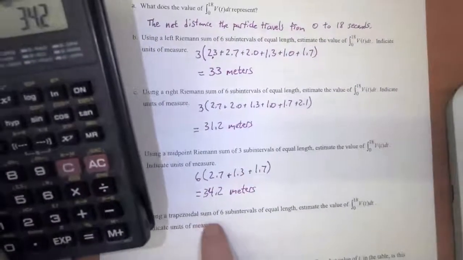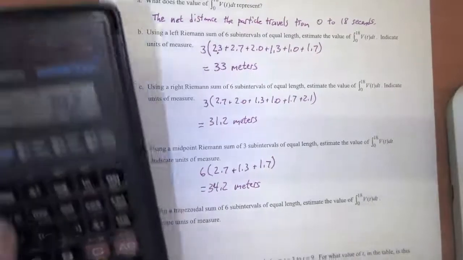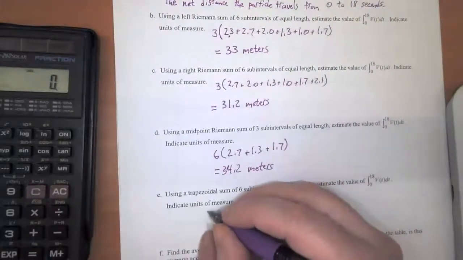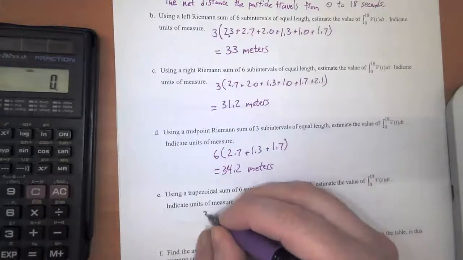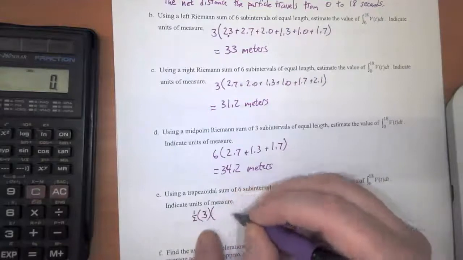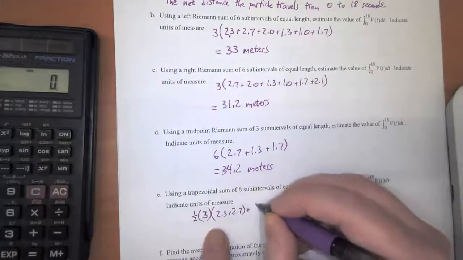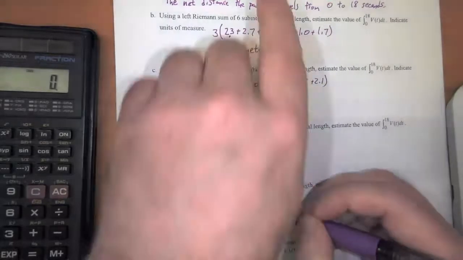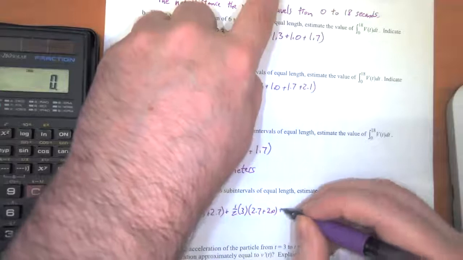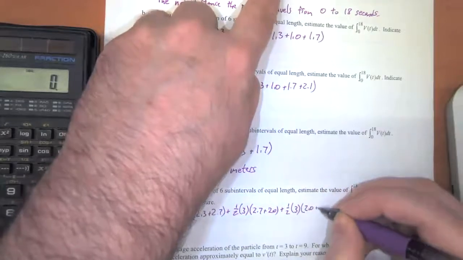Okay. So using a trapezoidal sum of 6 subintervals of equal length, we want to estimate the value of it again. All right. So this time it's going to be, remember, the area of a trapezoid is 1/2 the width times the sum of the two bases. So that's 1/2 times 3 times 2.3 plus 2.7, plus 1/2 times 3 times 2.7 plus 2.0, plus 1/2 times 3 times 2.0 plus 1.3,